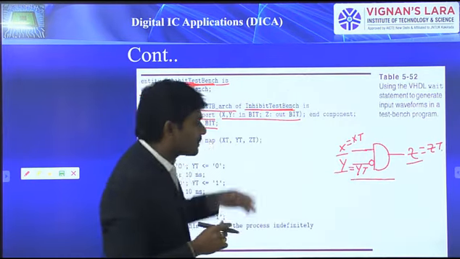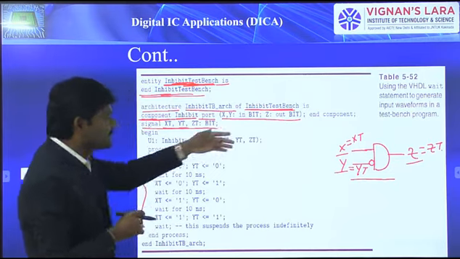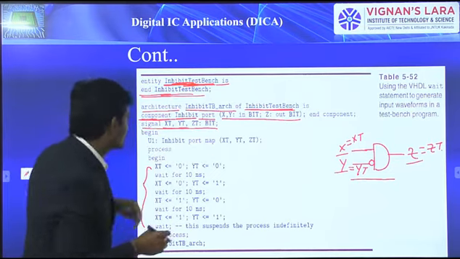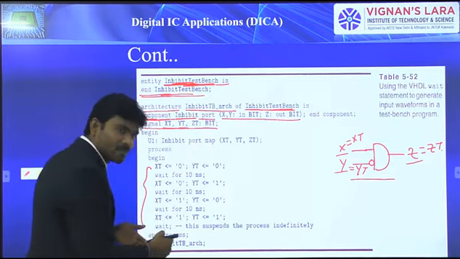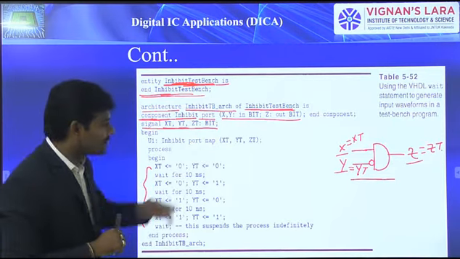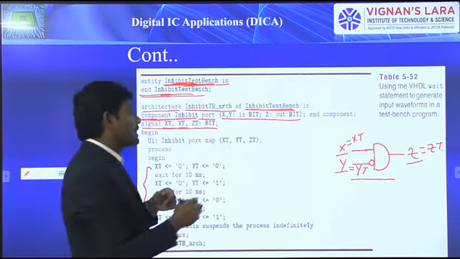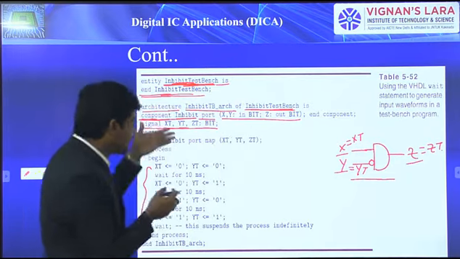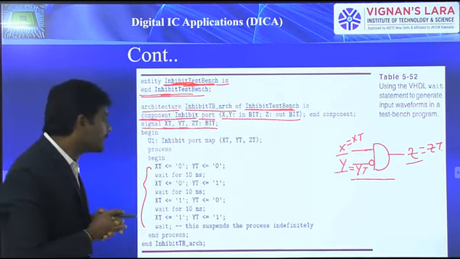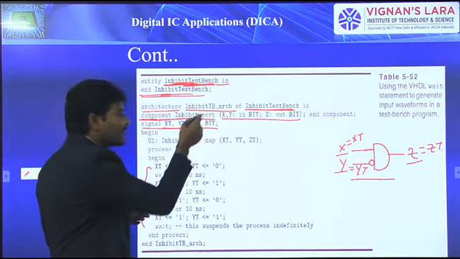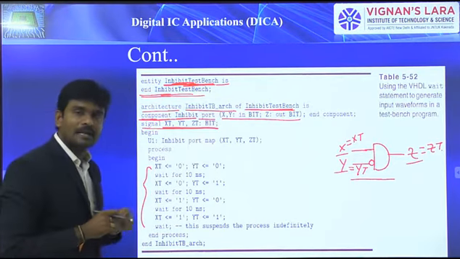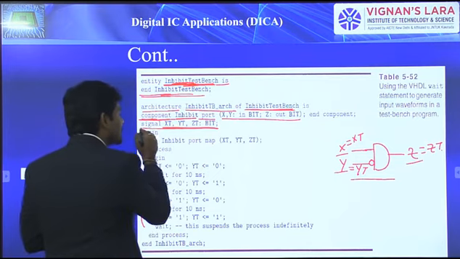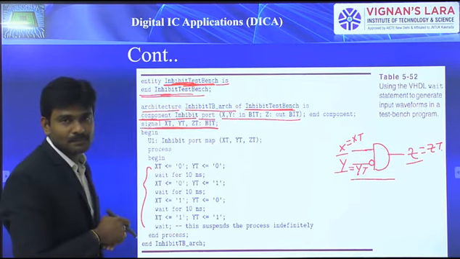Okay. So these are all the temporary variables I considered within this particular one, signals. Because of that, by means of using these signals only, I am going to describe the input sequence. That is the original module, and their names are X, Y and Z. But while I am assigning values for them, instead of considering those original ones, we are supposed to consider the temporary signals. So because of that, here I must declare that in the signal declaration part.